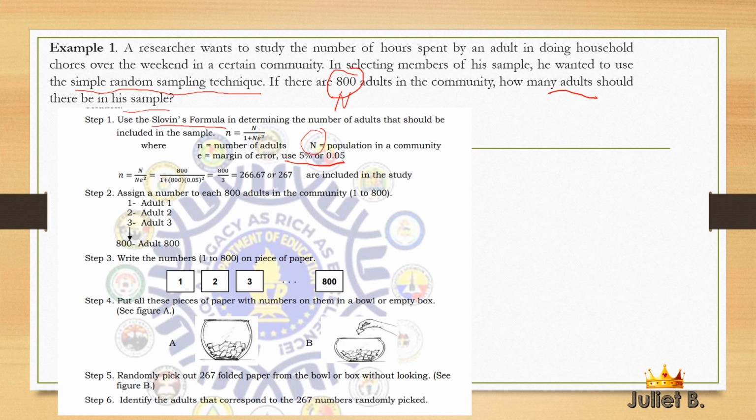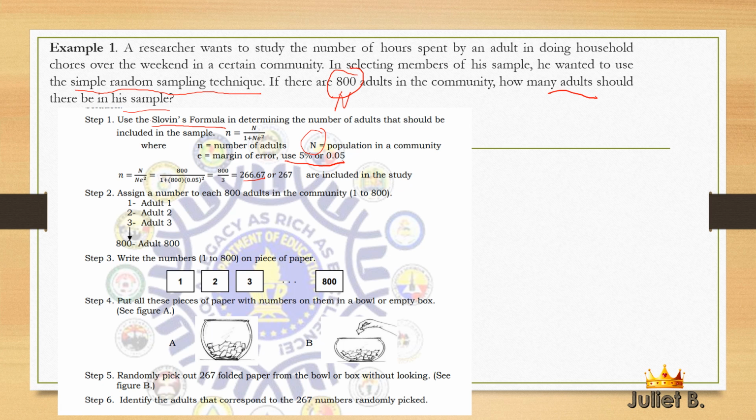So for us to solve for the number of adults, we'll have to substitute the given to the formula. So n is equal to 800 divided by 1 plus 800 times 0.05 raised to the second power. So 800 divided by yung sagot ng 1 plus 800 times 0.05 squared ay 3. So 800 divided by 3, ang answer ay 267.67